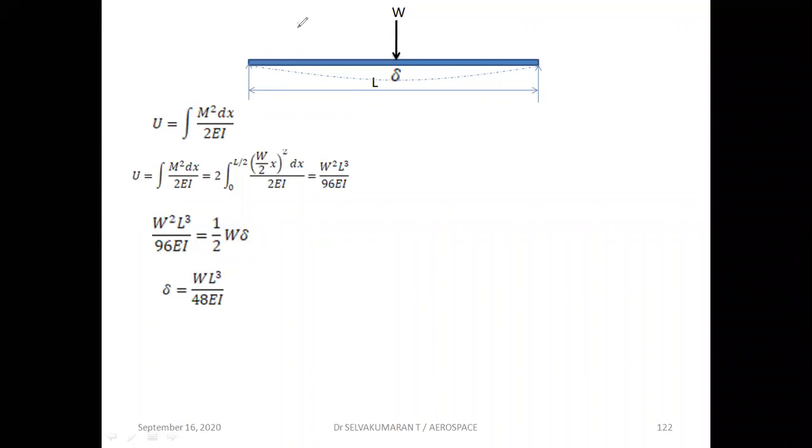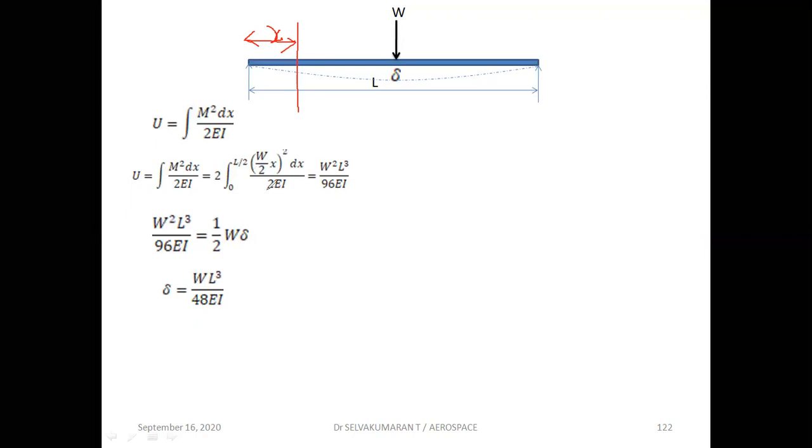So if I take a section something like this, at a distance x, and write down the moment equation about this, the moment is w by 2 into x. The strain energy stored by half of the beam will be the same as the other half, so I can multiply by 2 and integrate between the limits 0 to L by 2,